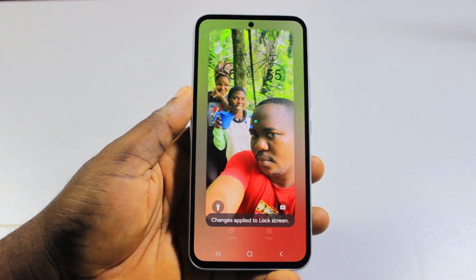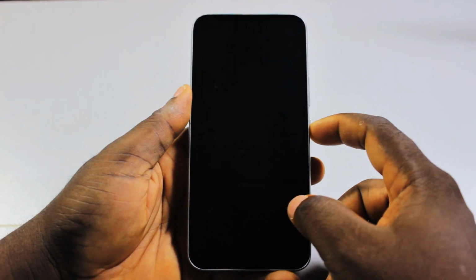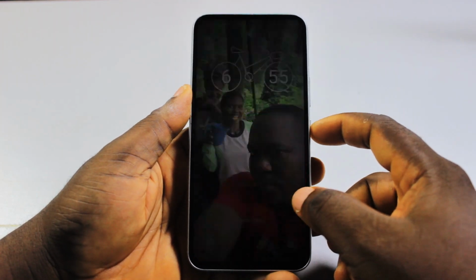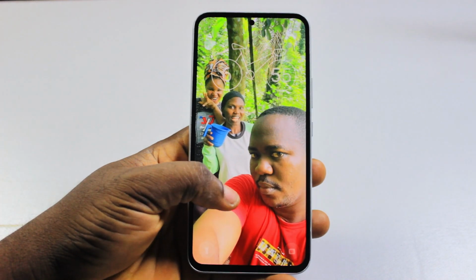Then you should see changes apply to lock screen. Now, if you lock your Samsung phone screen, then you should see your multiple wallpaper is no longer active. So that is basically how to stop multiple